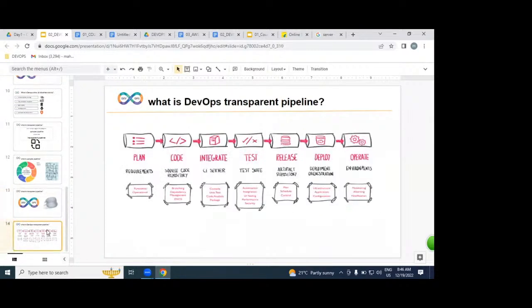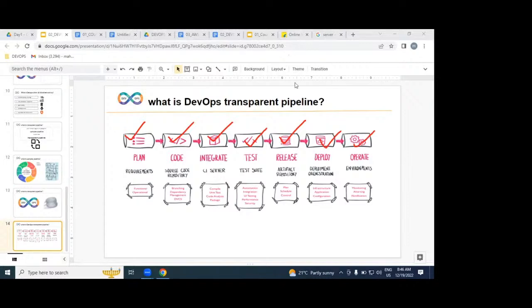This is what our actual DevOps process looks like, which we are going to implement. In this DevOps transparent pipeline, we have several stages and phases like plan, code, integration, testing, release, deploy, and operation.